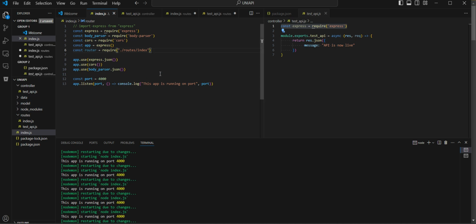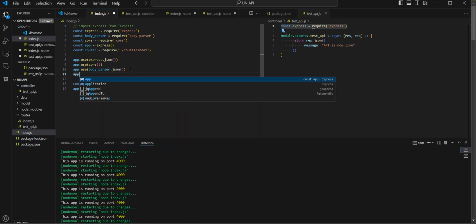That way, if any action has an issue, I can easily detect what the issue is. So now that we have brought in the router, what are we going to do to use this route? I'm going to say app